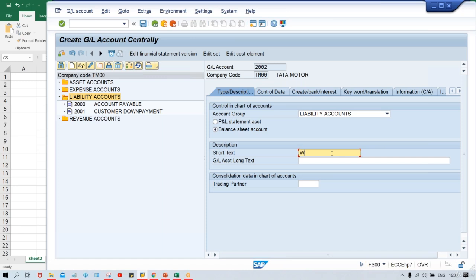So what should be the name, long text, short text? This is also not our decision, guys. Your client will let you know how many GLs are required, and what is the name of these GL accounts and all. I'm going to create a withholding tax account, okay, or TDS on rent account. You can create anything. So I'm going to give,